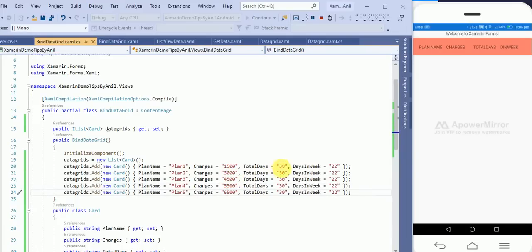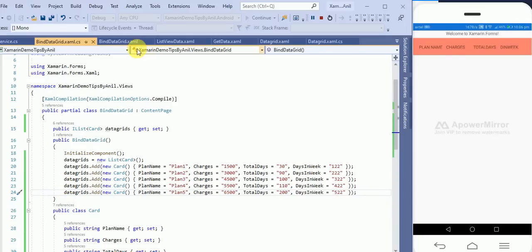Okay, so this will be 90, this will be 10, this will be 11, this will be 20. Okay, this will be 1, this will be 2, this will be 3, this will be 4, this will be 5. So we have 4 rows now.